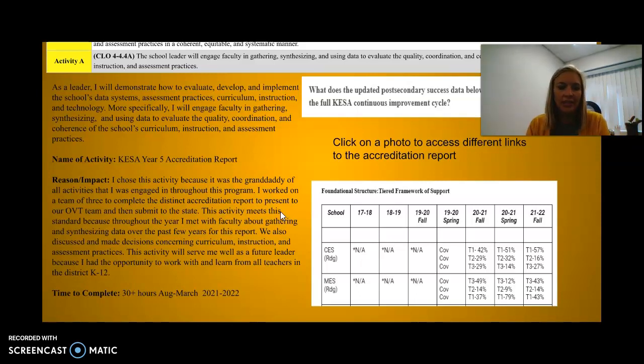In education was this being the accreditation chair for KISA. And our year 5 report, kind of a long story, but we thought we were in year 4 and the state had us down for year 5. So we were really scrambling along. I have down there time to complete 30 plus hours. I probably couldn't even begin to count up the amount of hours that I put into writing this report,